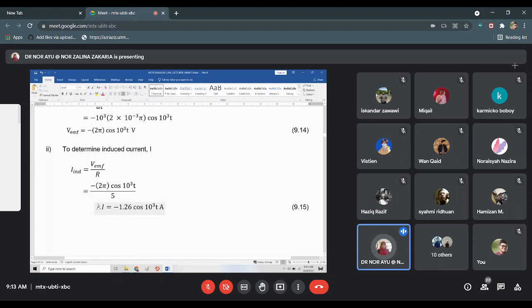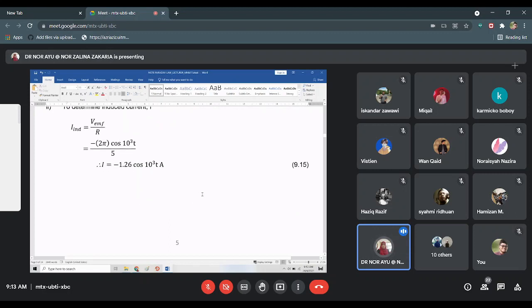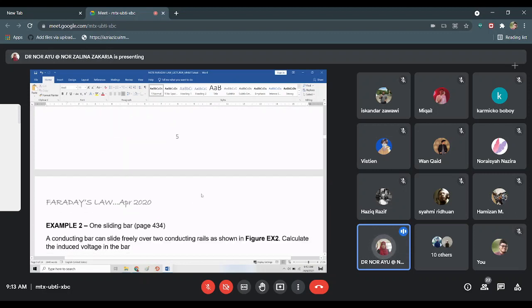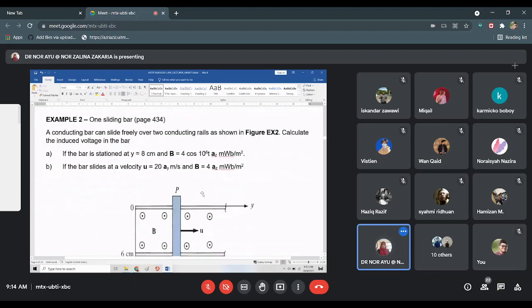So you will get the final answer for I, which will be negative 1.26 cos 10 power of 3t amperes. Okay, unit amperes. Alright, so that is for example number 1. Now if we look at example number 2,